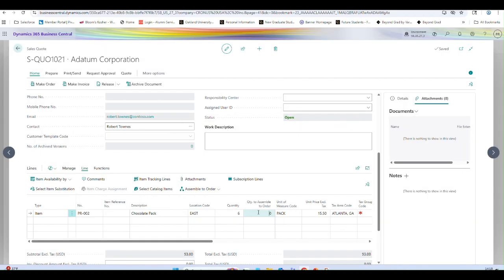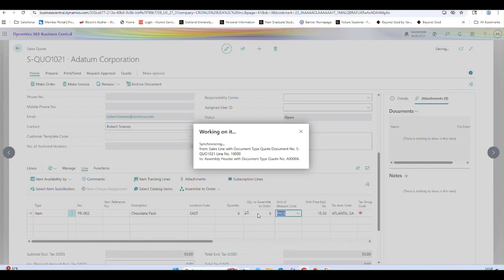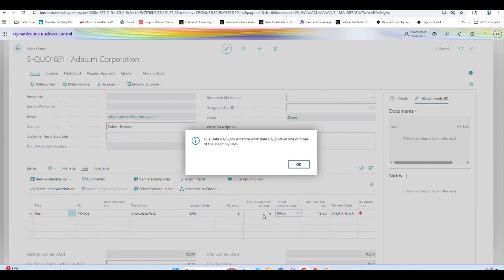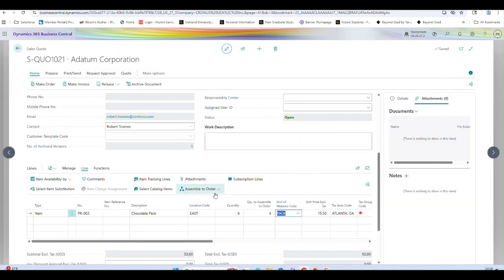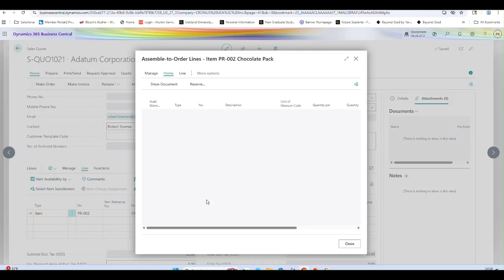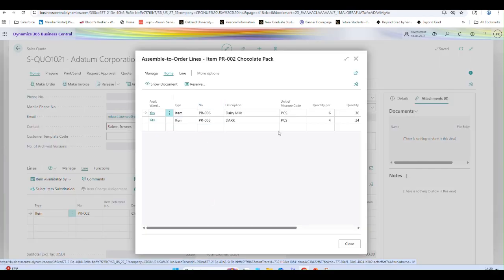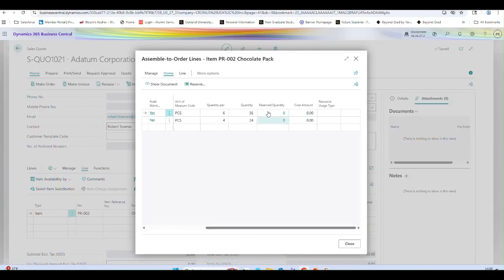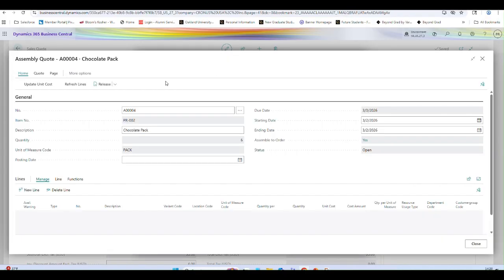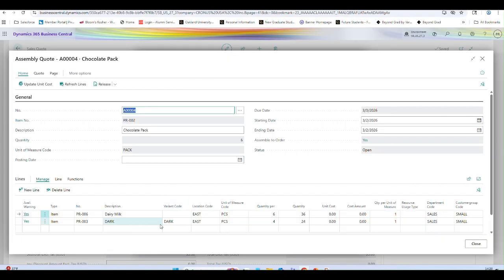So how can we create it for this scenario? We have to specify the assembly to order quantity here, and based on that, if I go into the quote, we can see these are the items which are required for this one.